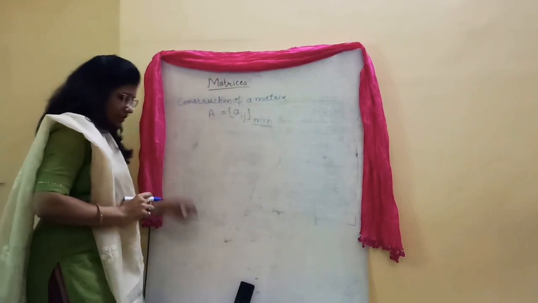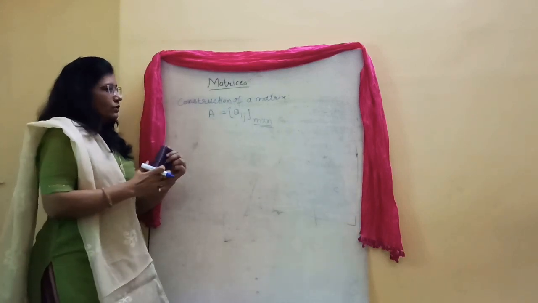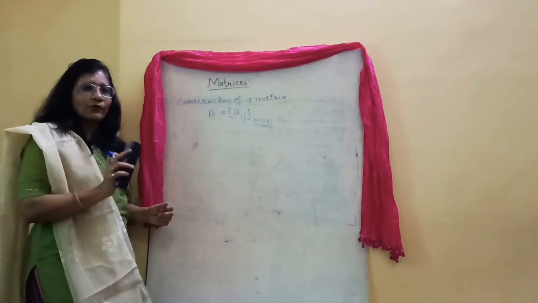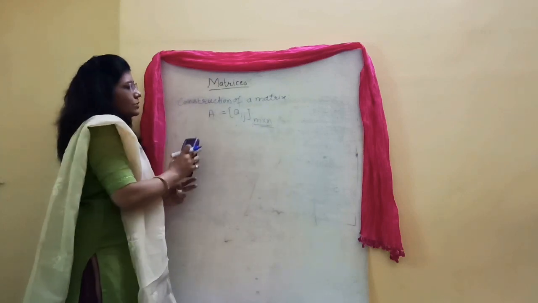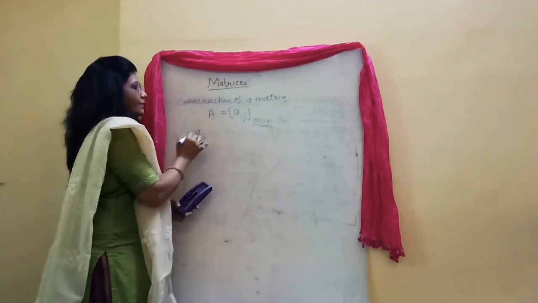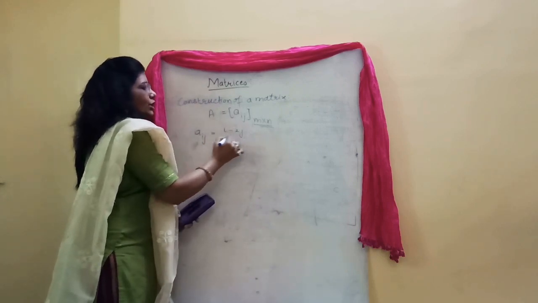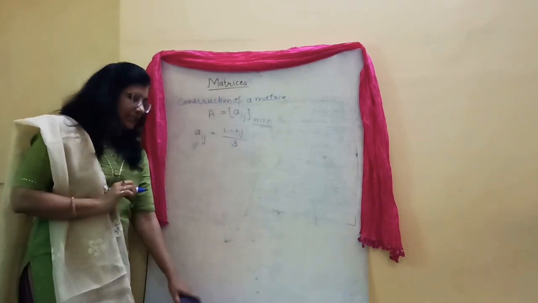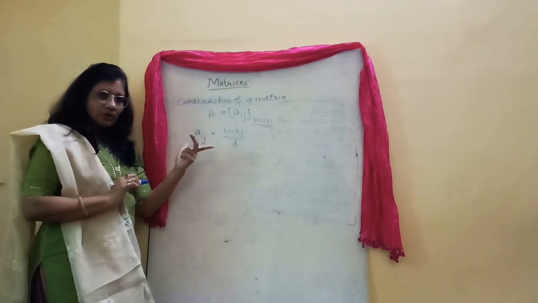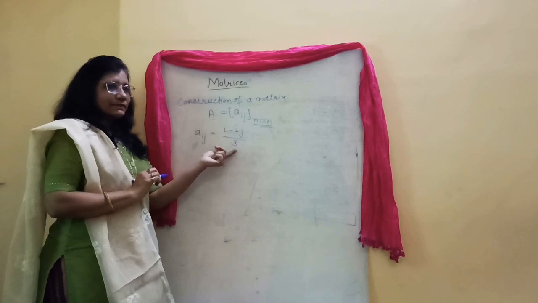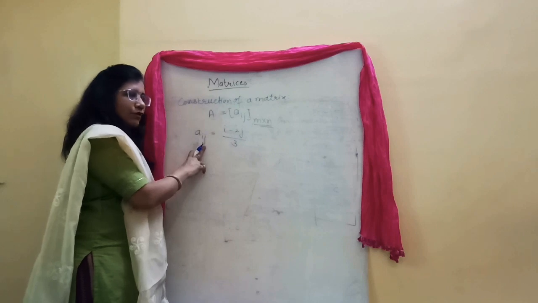Now, suppose we had given the rule which all the elements of a matrix are following. Suppose a_ij is I minus 2j upon 3. Suppose this is the formula or the rule which all the elements of a matrix follow. All the elements of a matrix will satisfy this condition. So what does I represent? I is the number of row, j is the number of column.